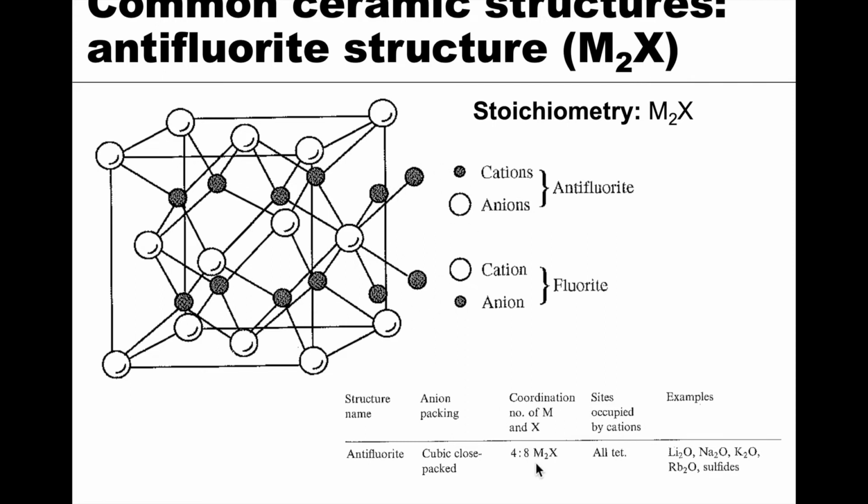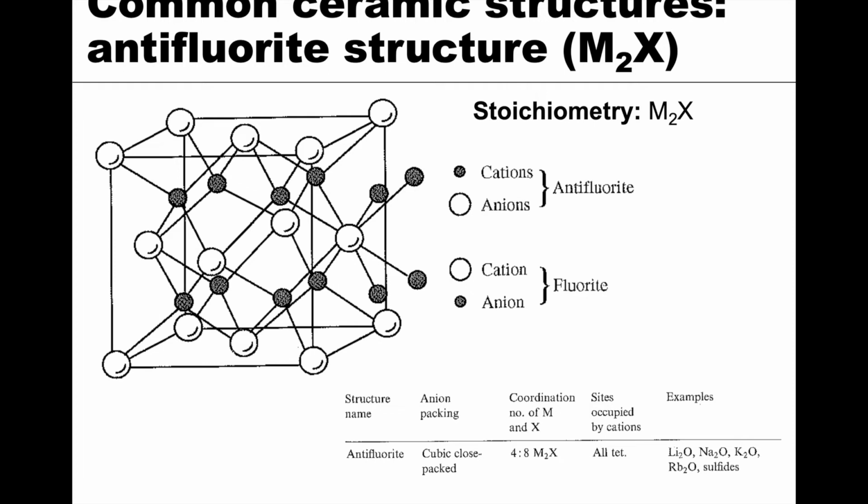So it's coordination of 8. And things that fall into this are going to have that M2X formula, and they're going to be small cations that are usually monovalent, and then you have a divalent anion. And so you have lithium 2 oxygen, sodium 2 oxygen, calcium, so that the charge balances and we have more